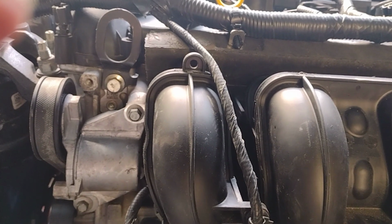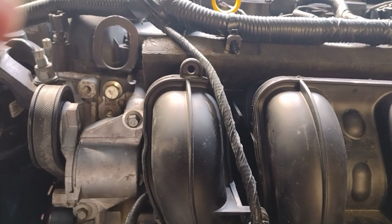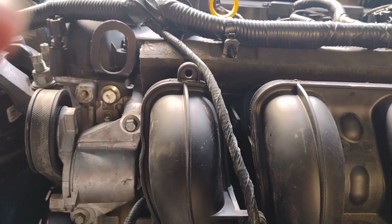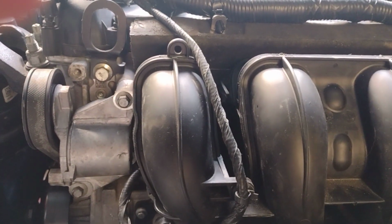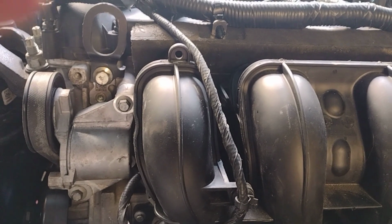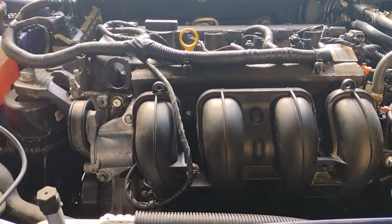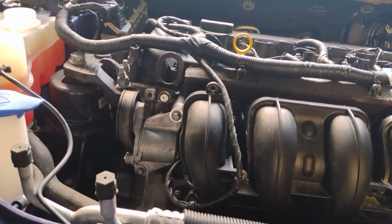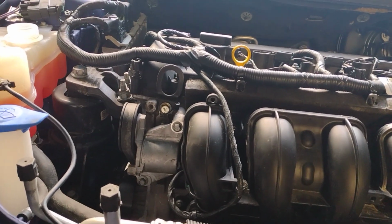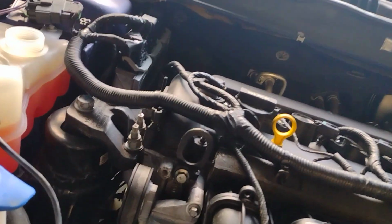There's nothing going to be completely trouble-free, getting something in and out of a vehicle, especially a newer vehicle. But with these cars, they recommend you pull the engine and transmission both when you take the engine out. But there's plenty of room in this car to actually take it out the top. I mean, plenty. The hardest thing to do is all this stuff down here in the front